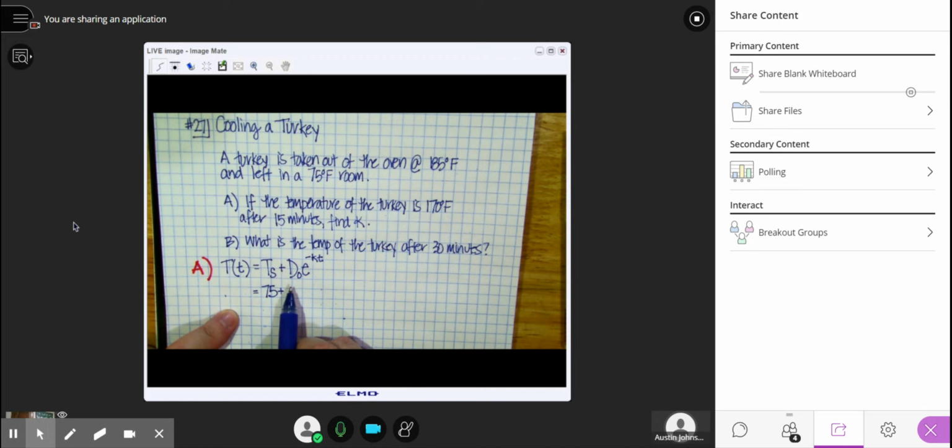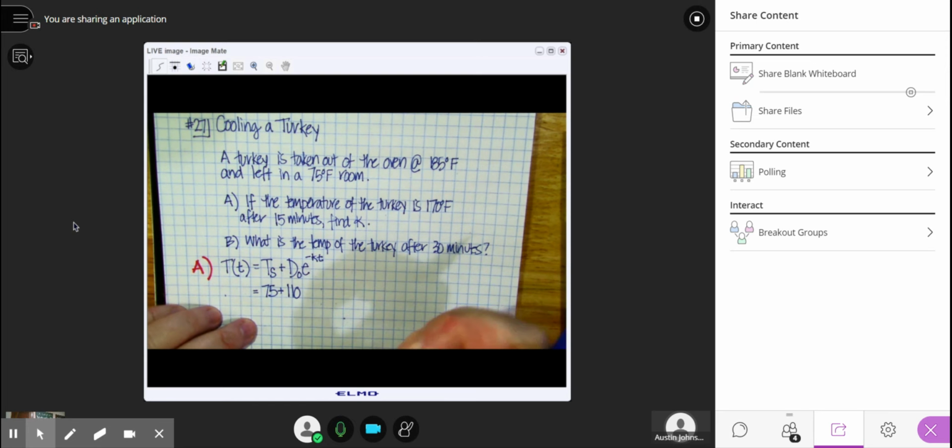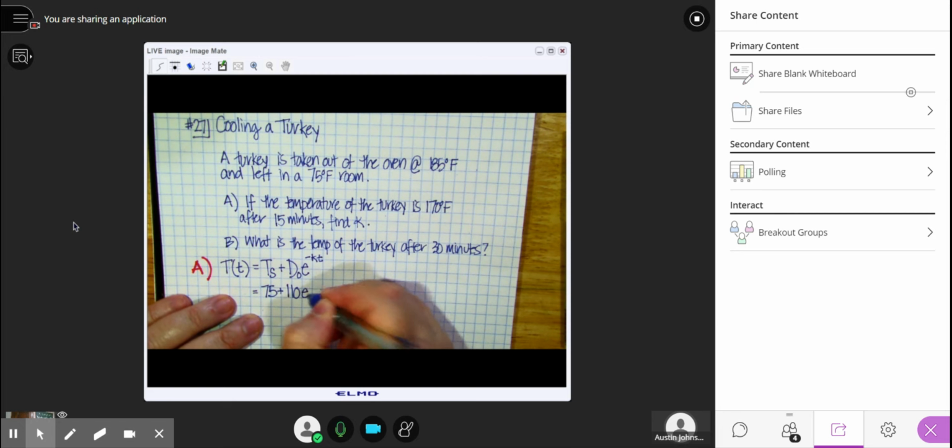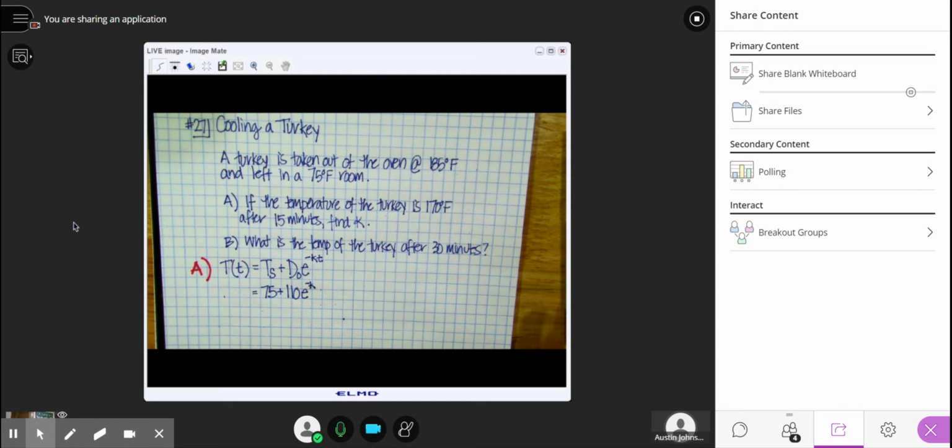What's the difference between the initial temperature and the surrounding room? No, the initial temperature of the turkey and the surrounding room. You're close. That's going to be the 110. Yep, because we want the initial temperature as it was given to us and the surrounding room. e to the negative k, which I'm finding, k, that's what part A is. And how much time has passed? And when 15 minutes have passed, then T of 15, or the temperature at 15 minutes, is